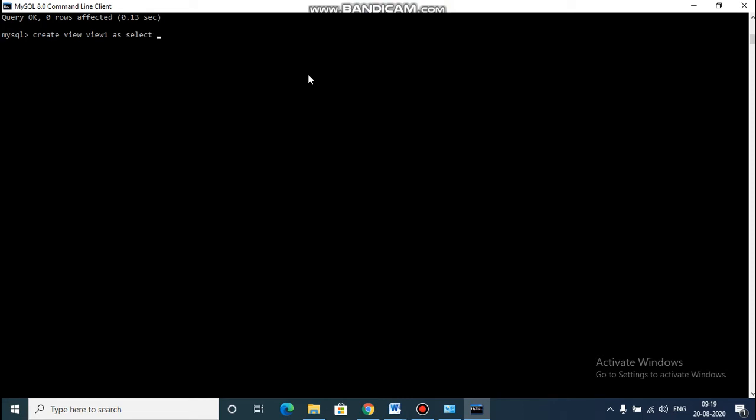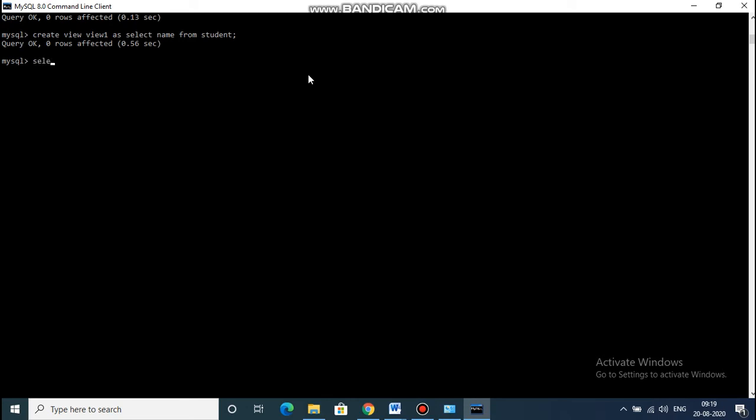Create view view1 as select name from student. View is created, means what? Only the name column from the student is stored in the view view1.